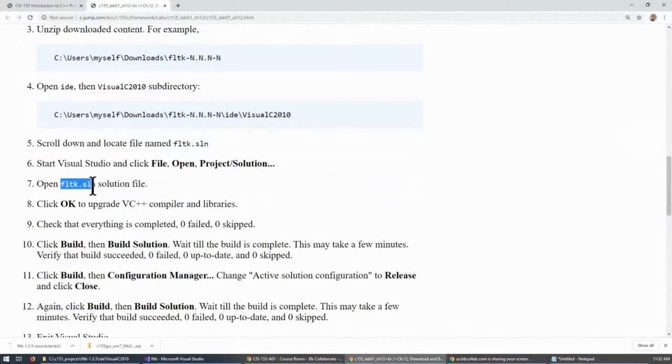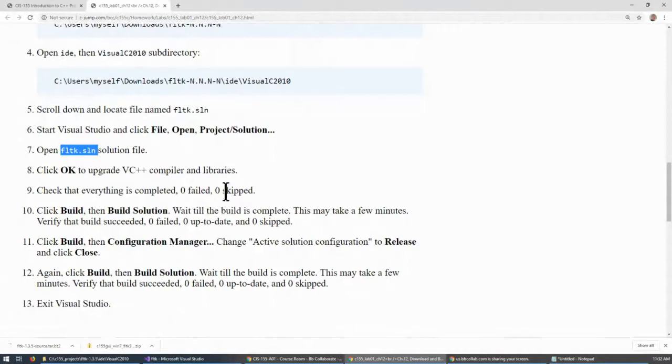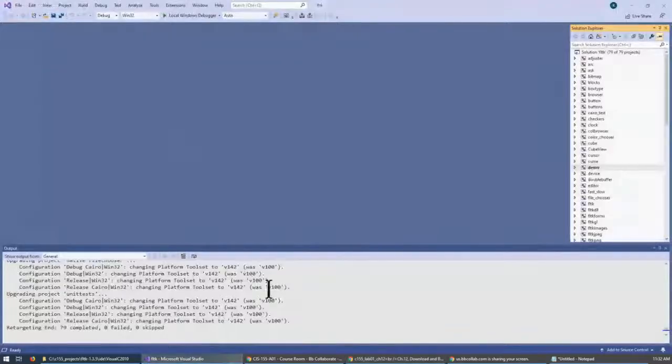So I just opened this FLTK solution file. We upgraded, and so the next step is to go to build, just basically build the solution. And this also may take a minute or so, or a few minutes, depending on the speed of your machine. So we say build,